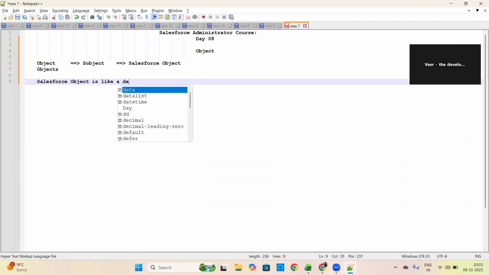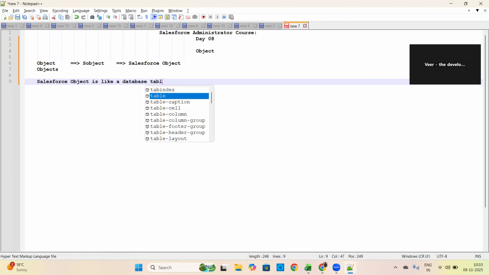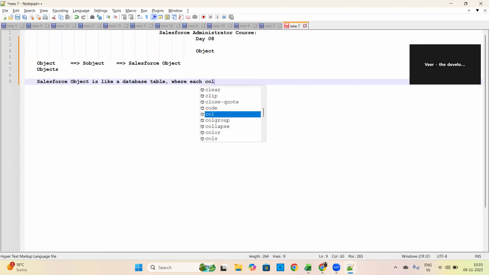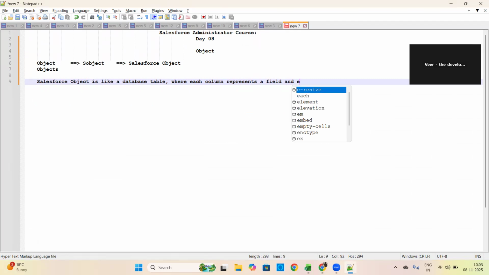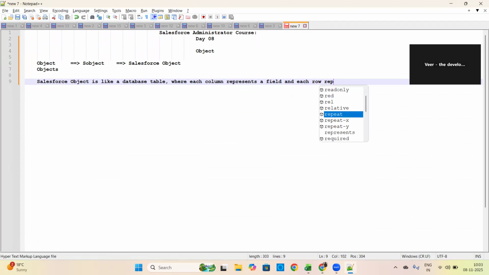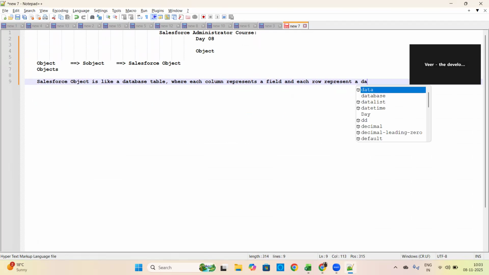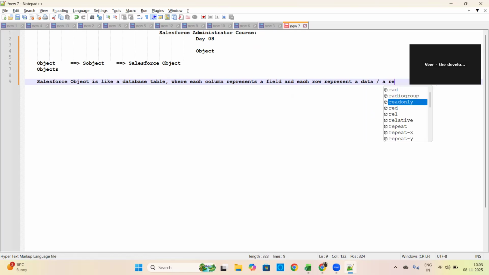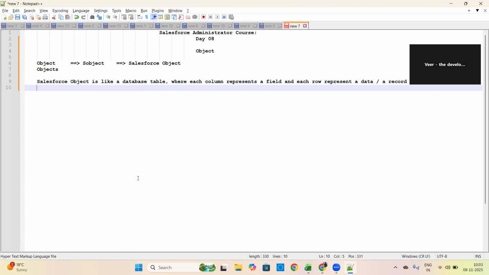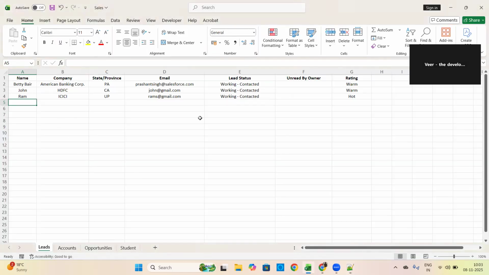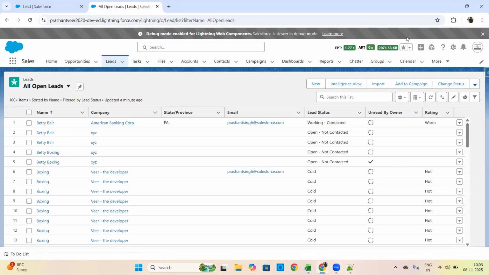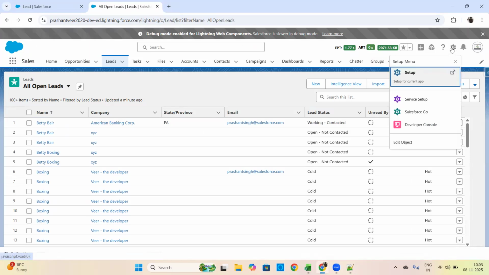is like a database table, where each column represents a field and each row represents a data or a record. Correct? Right? This is clear, right? Now, the next thing which I'm going to show you is quite advanced,